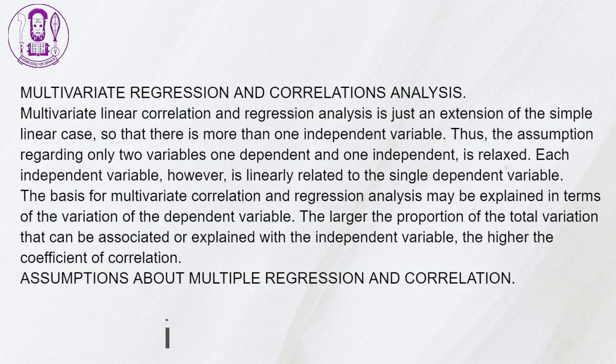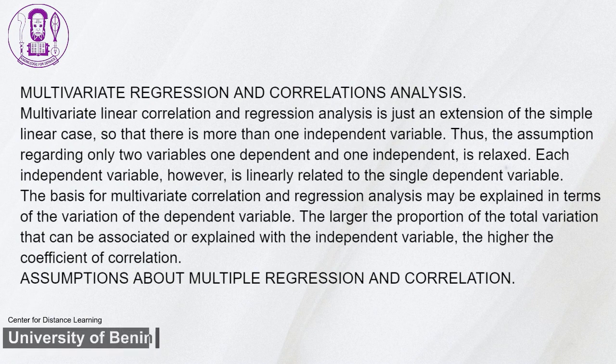Multivariate regression and correlation analysis. Multivariate linear correlation and regression analysis is just an extension of the simple linear case, so that there is more than one independent variable. Thus, the assumption regarding only two variables, one dependent and one independent, is relaxed. Each independent variable, however, is linearly related to the single dependent variable. The basis for multivariate correlation and regression analysis may be explained in terms of the variation of the dependent variable. The larger the proportion of the total variation that can be associated or explained with the independent variables, the higher